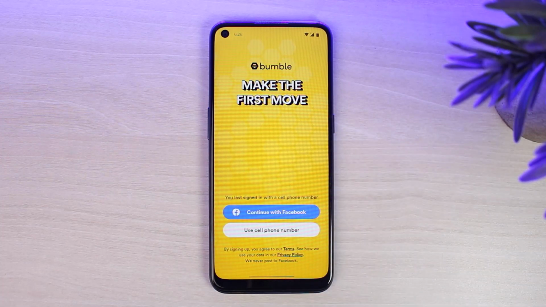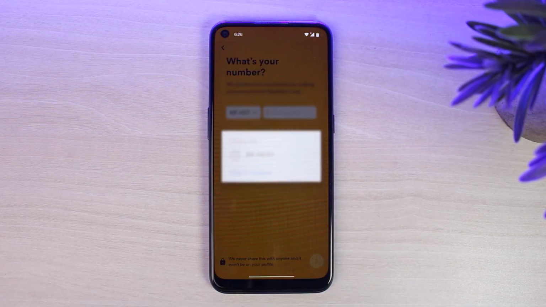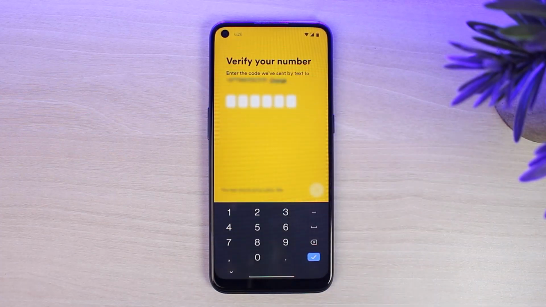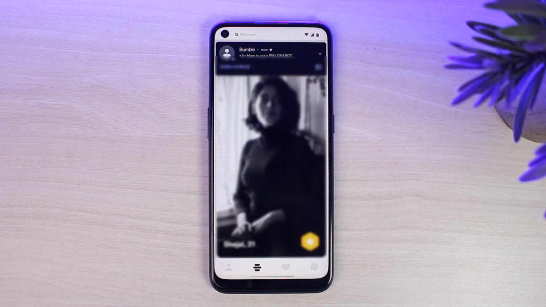So since I was logged in to my cell phone number, I'll simply tap on the option use cell phone number. And then you'll have to enter your detail over here. Now once you've done that, you'll have to verify, so simply tap on the option OK. Now since I chose my phone number, I'll have to enter the code sent to my phone number. Now that code should be arriving any moment, and once it has arrived, it will simply enter it by itself,